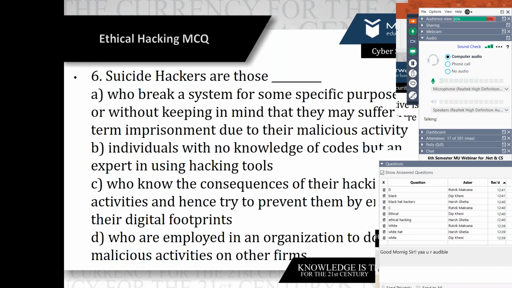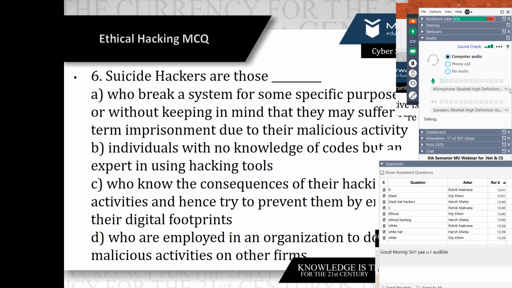Okay, Bhargav says A, then remaining students. The answer is A. Why is the answer A?